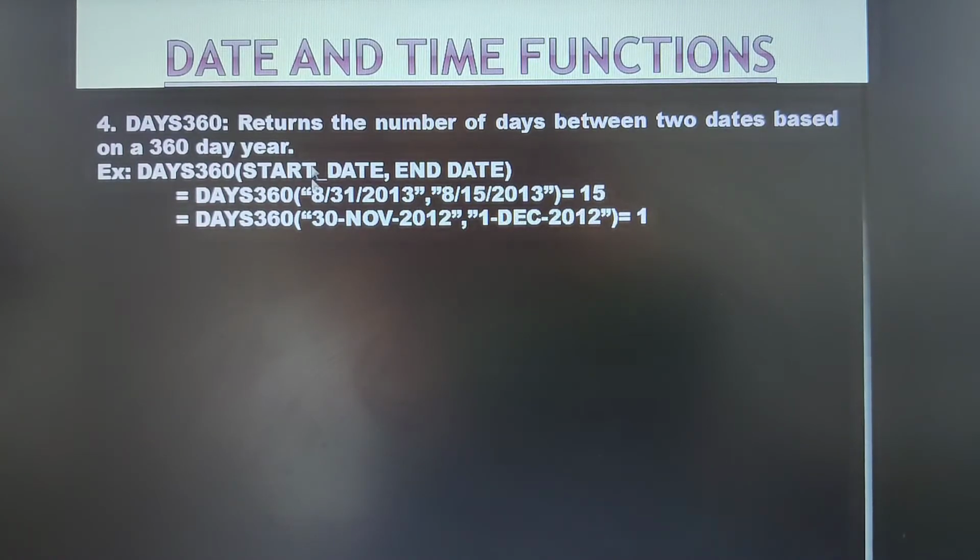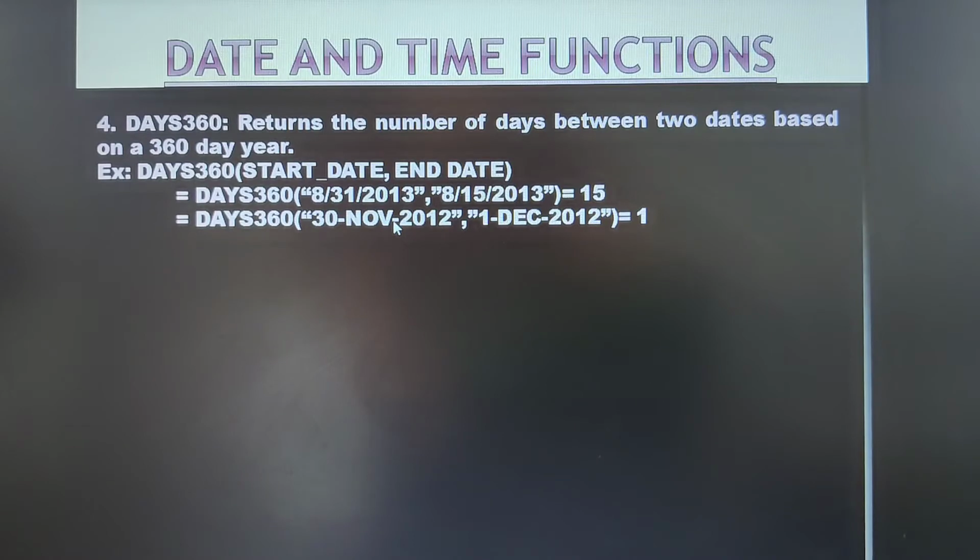That means it helps you return the number of days between the start date and the end date, where the number of days in a year is 360. Similarly, this shows a good example. Look here: 30th November 2012. I hope you now understand why I enclosed this date in double quotes; it is in the form of text.